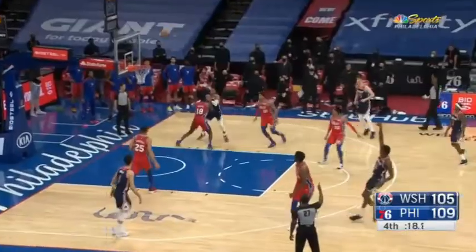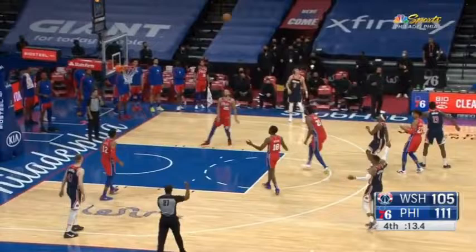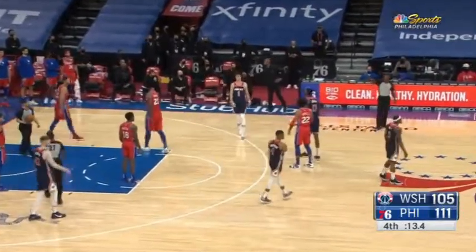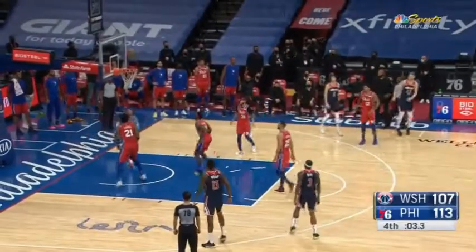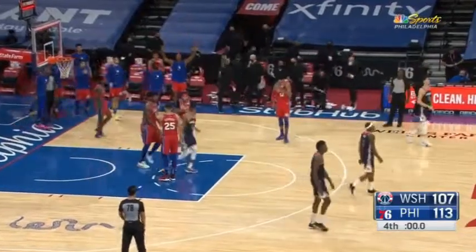Without any timeouts. The Sixers still have one in their pocket. Neither team has a foul to give. They set up Beal. Thybulle back on the floor. It's Bryant for three of all people. Beal for three. Wait a second. Wait a second. We have a foul here. Wizards taking plenty of time here, and that is going to do it. The Sixers come back from a